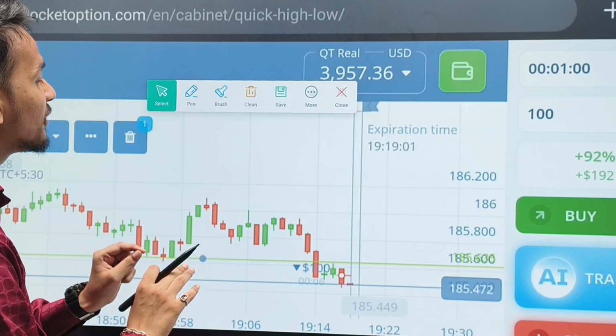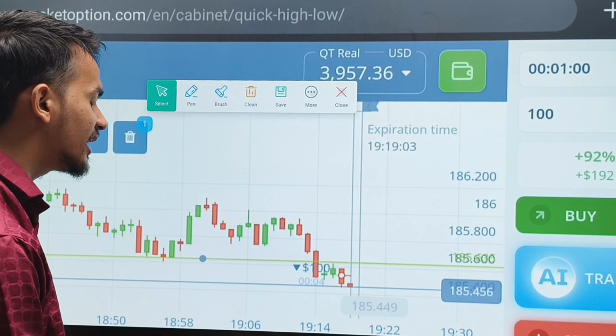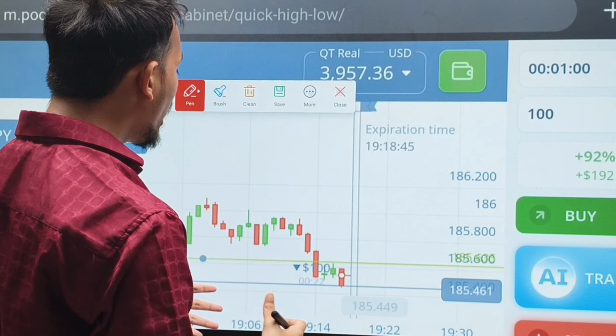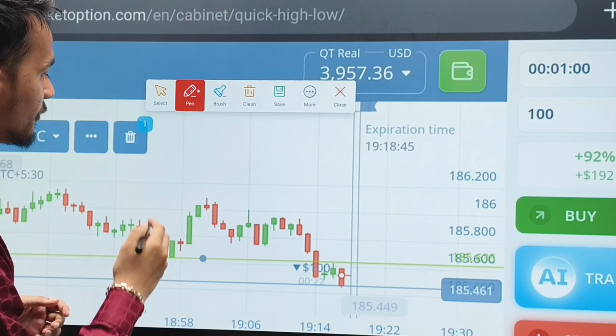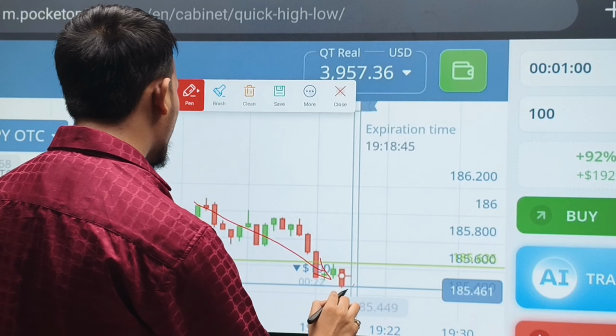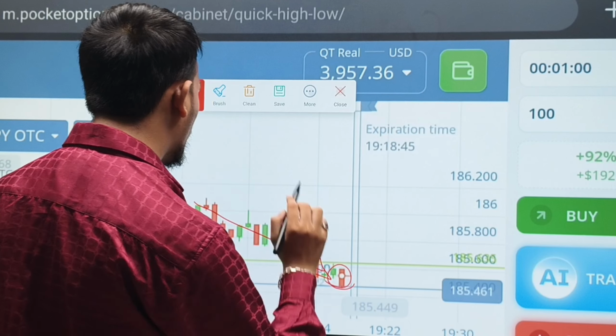I know this thing very well. That's why directly on next candle I went with sellers. So always you have to take confirmations. You can see what is the trend here. The trend is going down. After this two buyers candle I went with sellers and I want this trade because the trend is going down. Plus this two buyers candle, like I told you, is just a retracement candle.